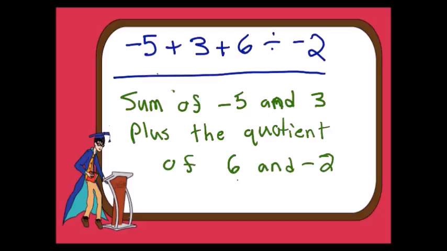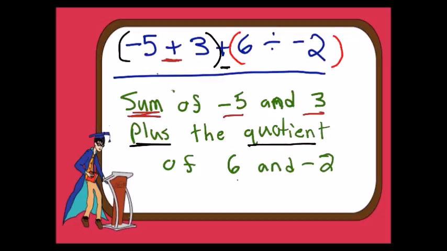This says the sum, our super word for addition, of -5 and 3. Is it okay to think of this as a superset of parentheses with a -5 and 3? Absolutely. Plus, so there's an additional addition sign, the quotient, so a superset of two numbers with division, of 6